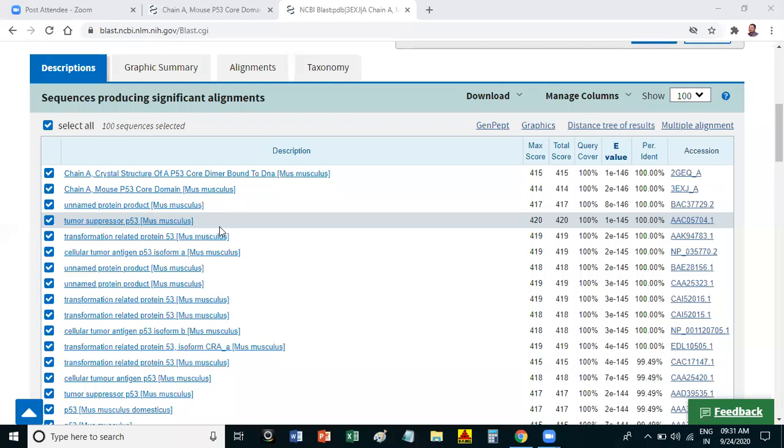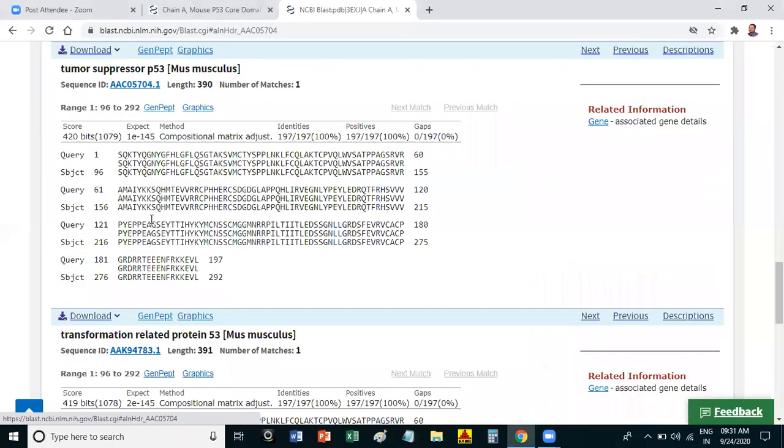And some more thing I told you is expected value, no? Yes, sir, expected value is less. This one is having less expected value. So if you go to this one, you find zero gap over here.